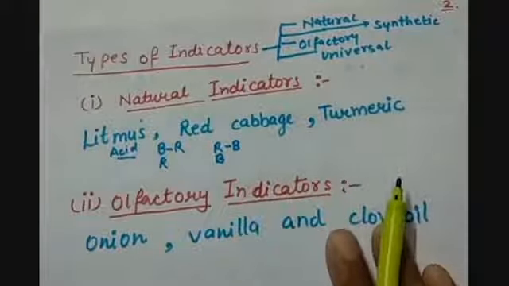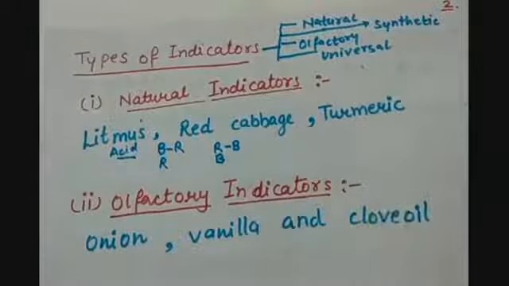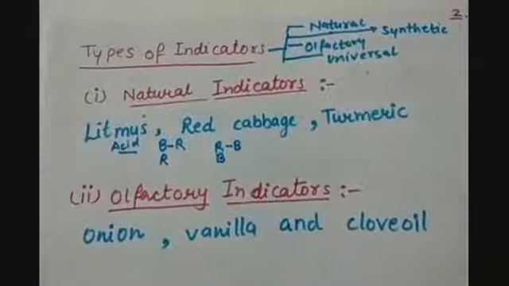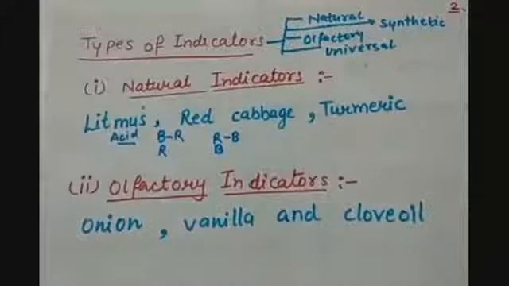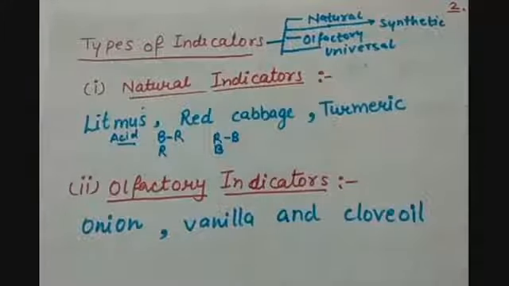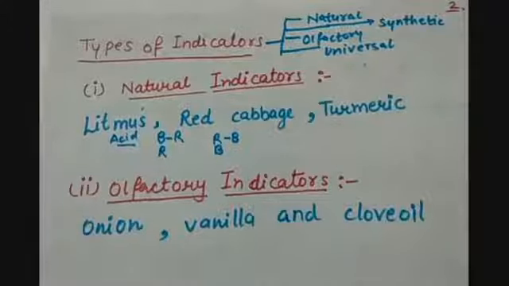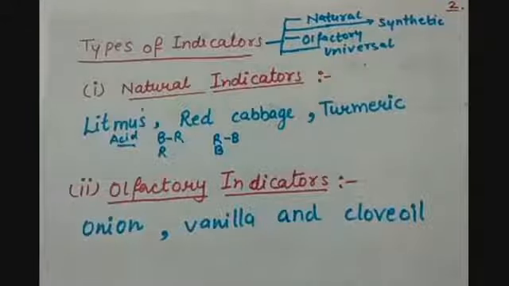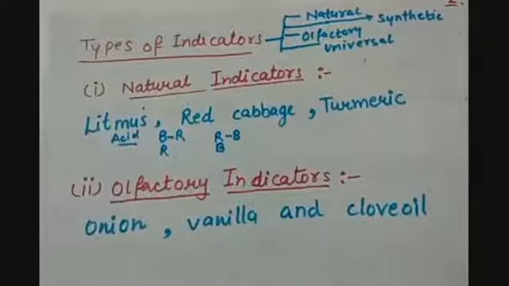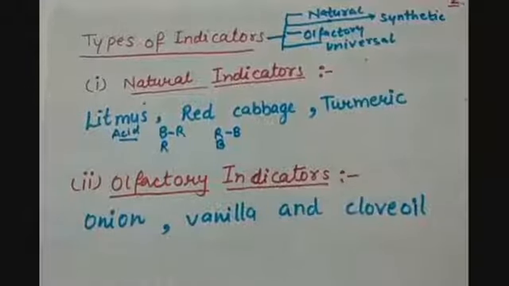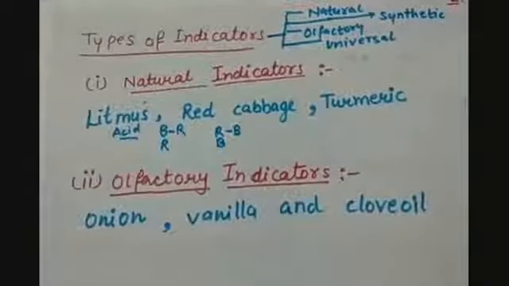Turmeric, you all know, is an ingredient which is used in the kitchen, but it is also a very good natural indicator. You must have seen many a times that when we have a turmeric stain on our clothes and it is washed with soap, then it turns brown, and when it is washed with water, then again it gets the same color. So these are some natural indicators which are used to get the nature of the substances, whether they are acidic or basic.